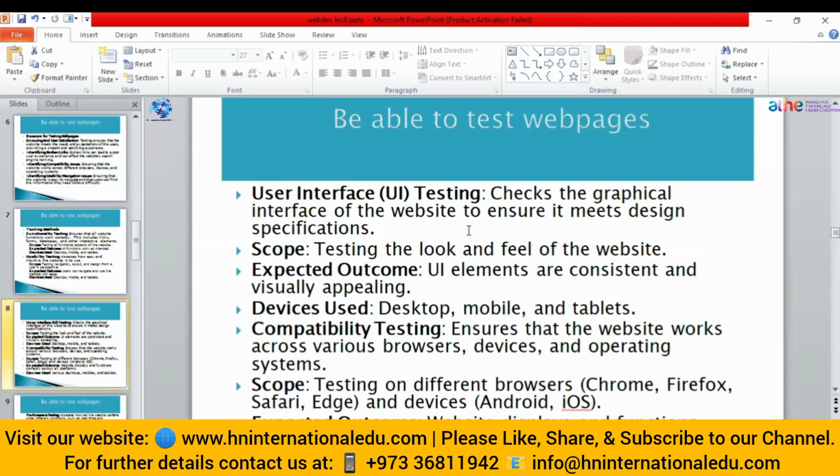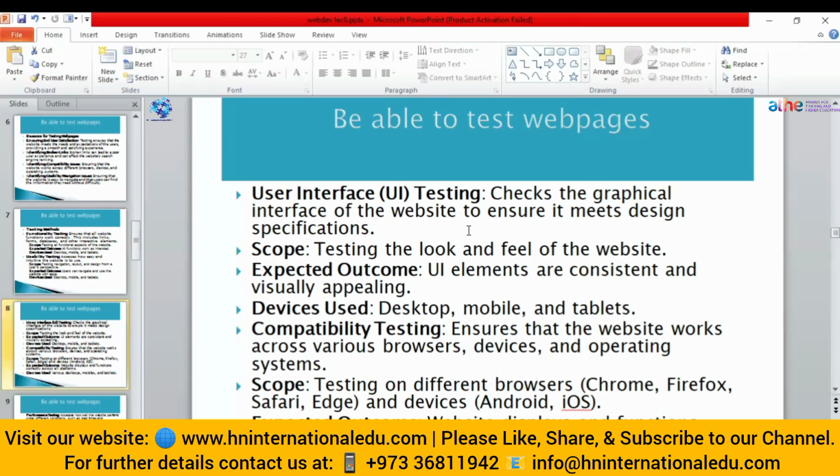Now, UI testing means we will check whether the graphical interface of the website matches the design specification or not. We have already tested that in the accessibility testing. So instead of running separate tests for usability and then for performance, Lighthouse testing makes our work easier, because if we run a Lighthouse test, it generates a report for every kind of test, like performance, SEO, accessibility. So we don't need to run each test separately.